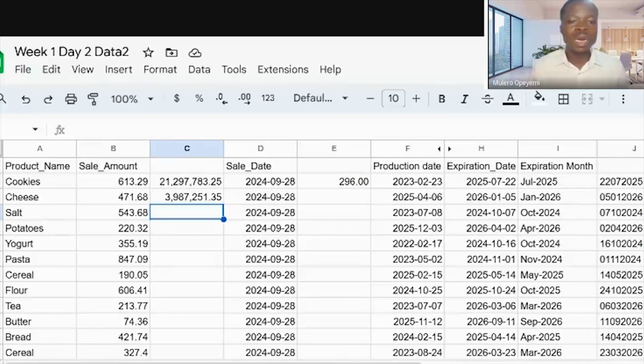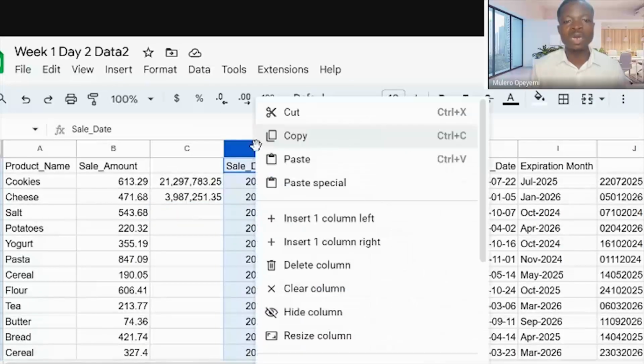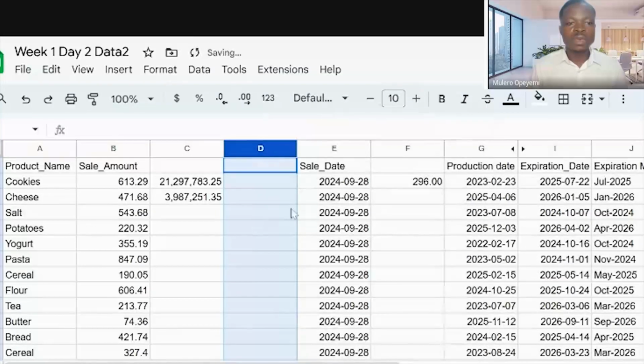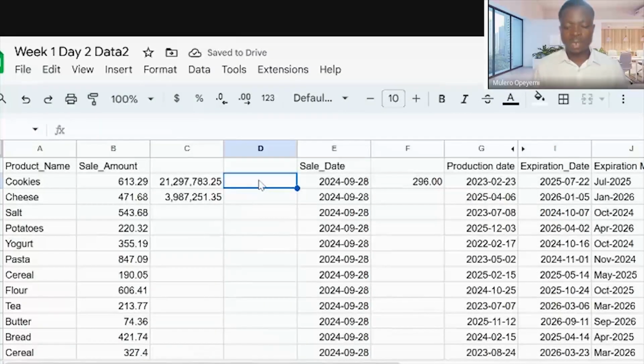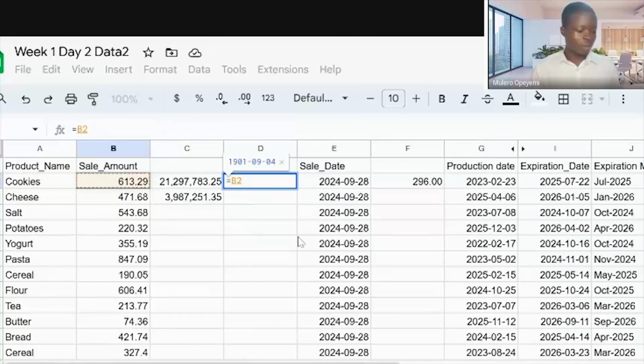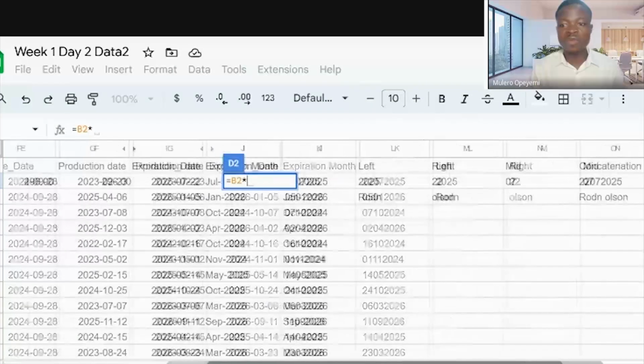Let me show you how to undo IFERROR. The other day we were talking about data cleaning and all of those things. So how do you undo errors? Look at it. For instance, my aim is to multiply sales amount by, let me just look for any of the cells that we've calculated before.